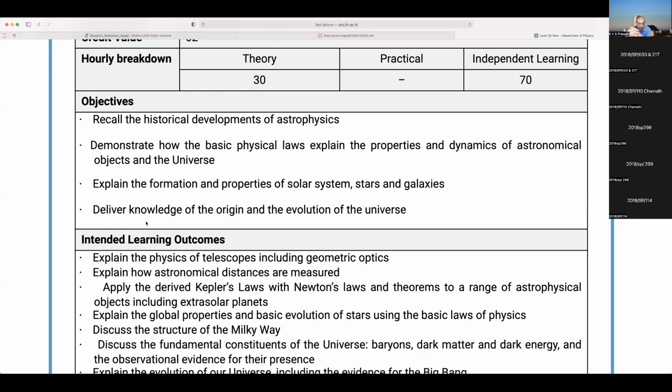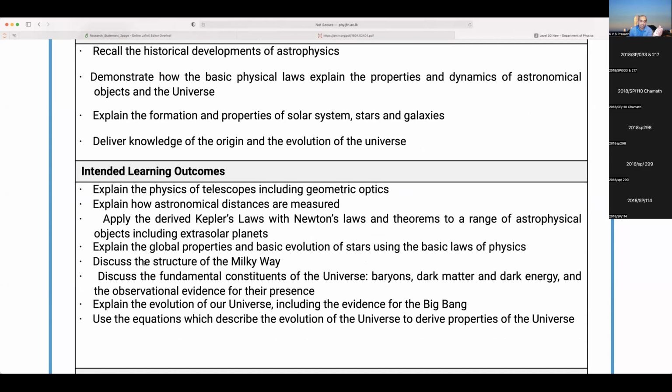And so by the end of this particular course, this is what I expect that you should know, right? So this is what will be tested, to make it clear, even in an exam. So there are certain learning outcomes that I have mentioned here. That is, explain the physics of telescopes, including geometric optics. So that means you should be able to do this,